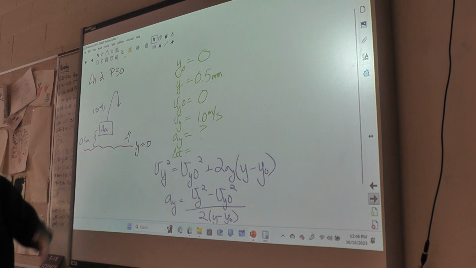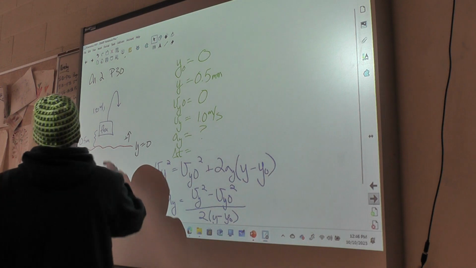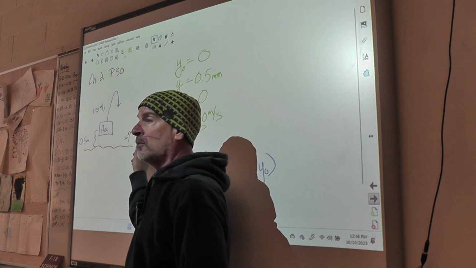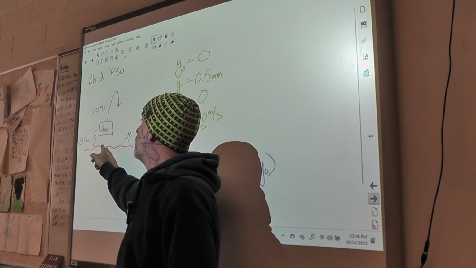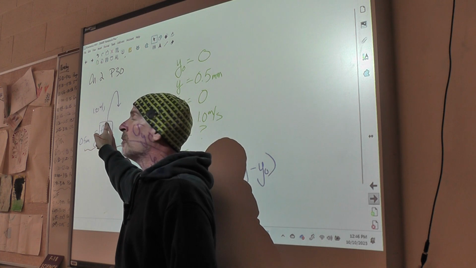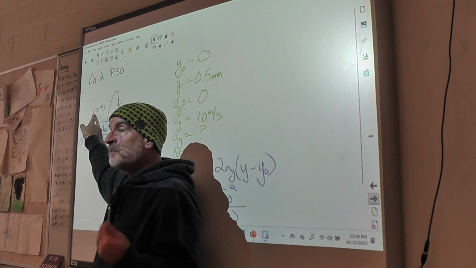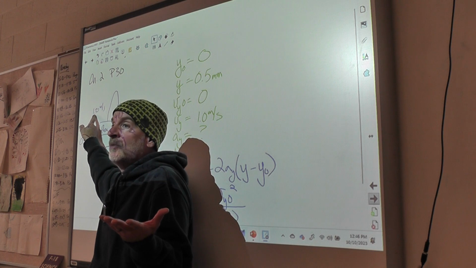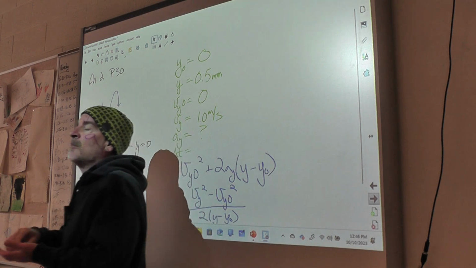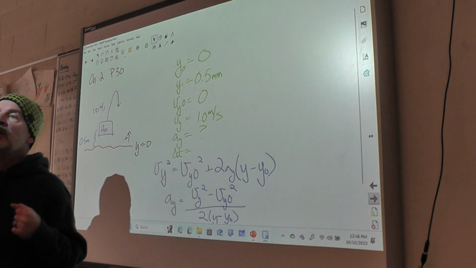the flea at all. And so that means that we know that the initial position of the flea is the ground. Let's call that 0. The final position of the flea is 0.5 millimeter above the ground. We're told that once it has launched, it has a velocity of 1 meter per second. So that's at the moment its feet are no longer touching the ground.